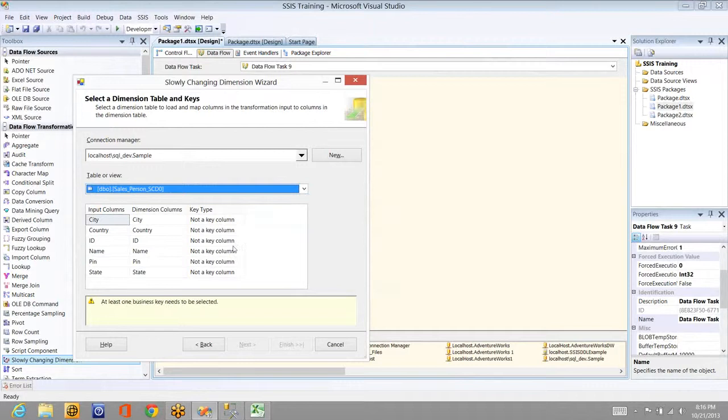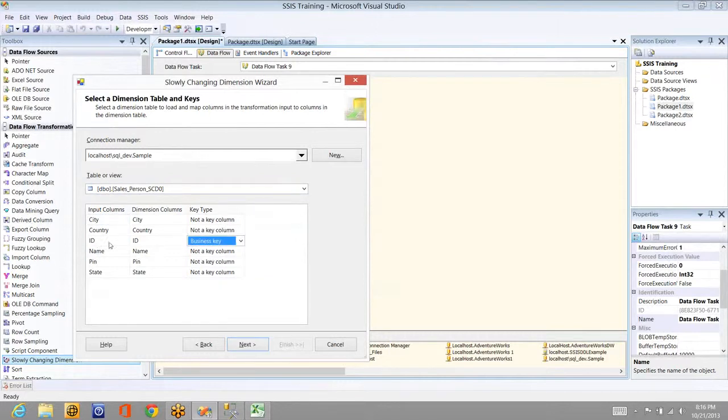Here you have to specify the key column. There should be some key column, right? This is master data. Based on what column it has to check, we call it the business key here. Here ID is the business key. Based on ID, it is going to look up and compare whether the record is available or not. I've selected the business key.